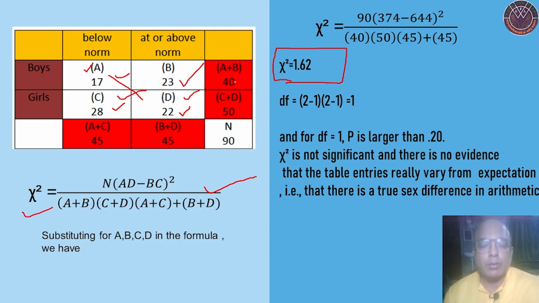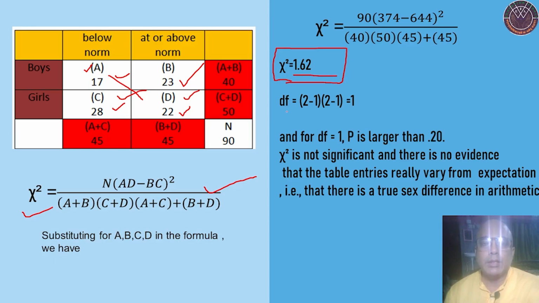No need of calculating each expected frequency, it is not required. You will just use this formula and calculate the chi-square value. Whenever a 2 cross 2 table is there, you can use this one. Whenever the contingency table is 2 cross 2, then you can use this one. So chi-square is